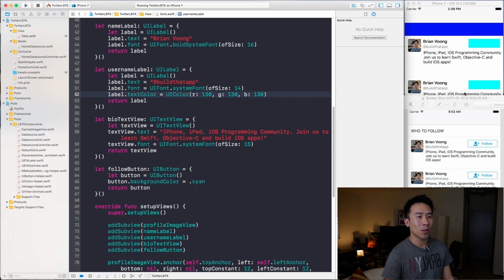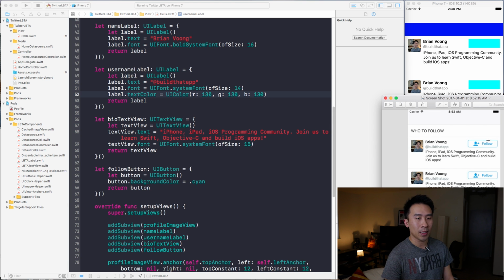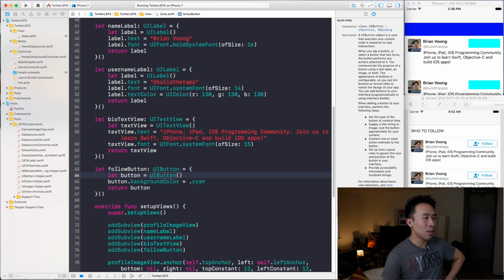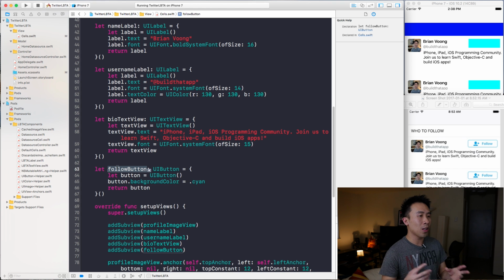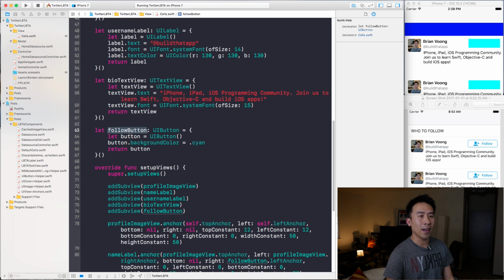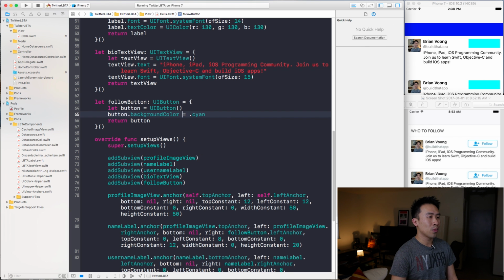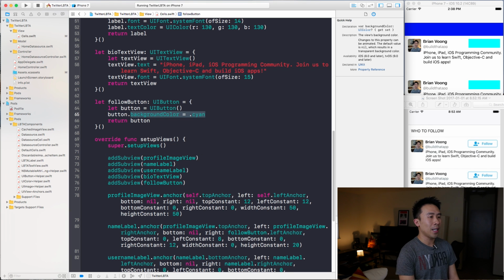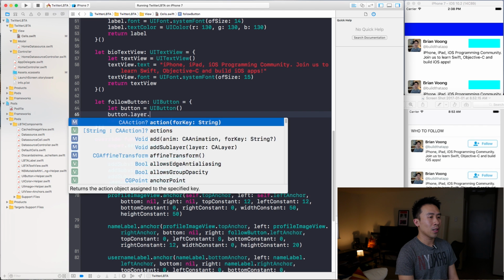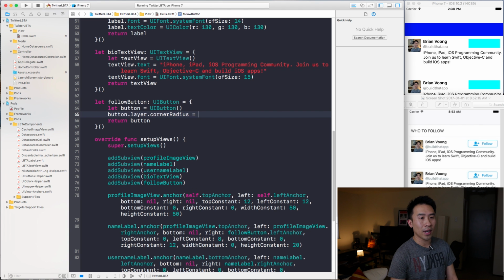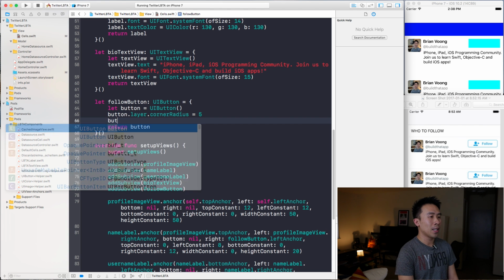Now, the final step to finishing up the design implementation is to use a button instead of this cyan color. And the button is being rendered through the follow button component right there. So let's go ahead and change that into a button instead of this block. So the easy way of doing that is to remove the background color and say button.layer.cornerRadius equals, let's use a value of 5,